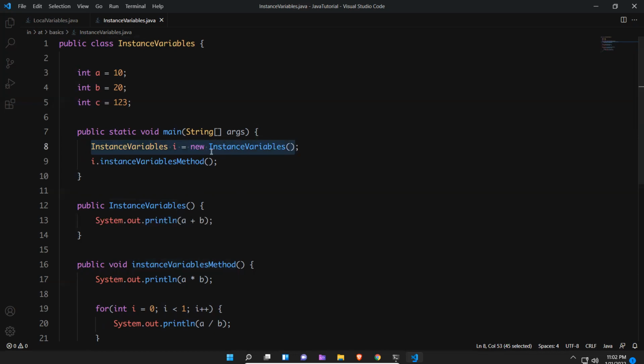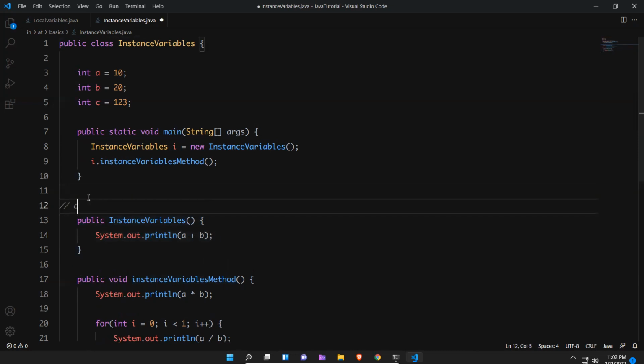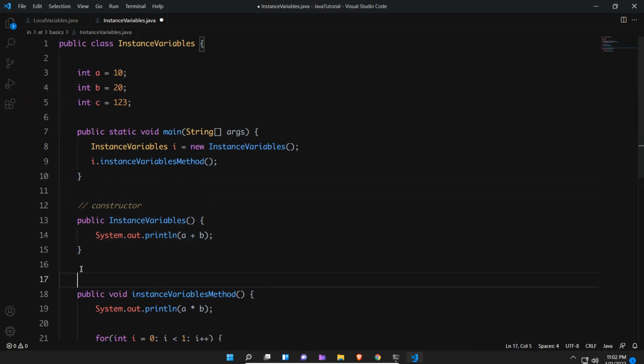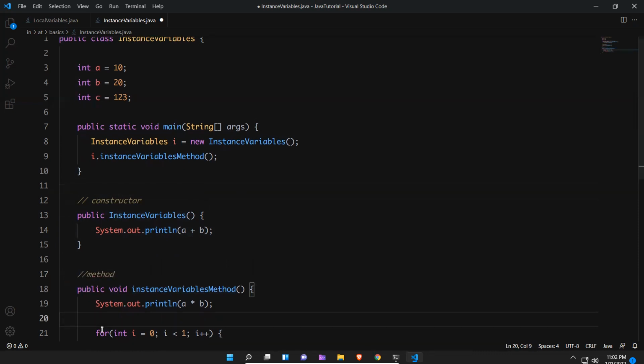The moment you create it, the constructor automatically gets called, no need to call it explicitly. This is the constructor, this is the method, and this is the block. So now if I try to execute this, we'll see what happens, whether it will get executed or not.